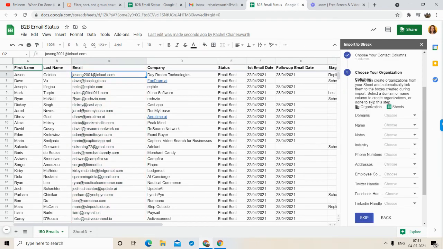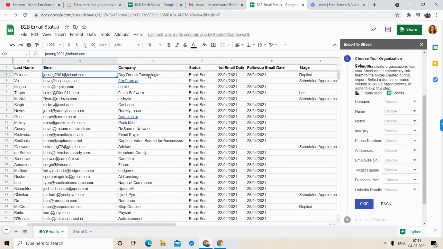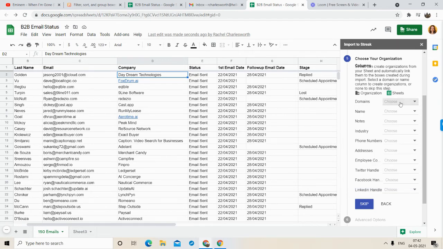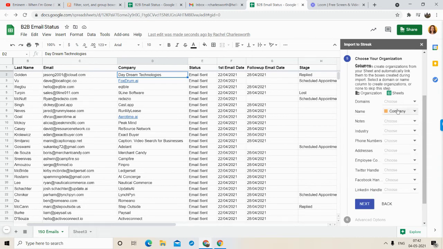Now choose your organization. Suppose this is the company, right? I'm an individual working, suppose, in Google. So Google is my organization, right? So google.com will be the organization's domain, right? Again, I do not have any domain name. I do have the company name, but I don't have the website of that company, right? So I'm not choosing anything. But if you have a company domain, then you have to choose the appropriate column from this field. It will fetch all the Excel sheet's headers, right? Now name. I do have the company name, so I will just choose the company name.